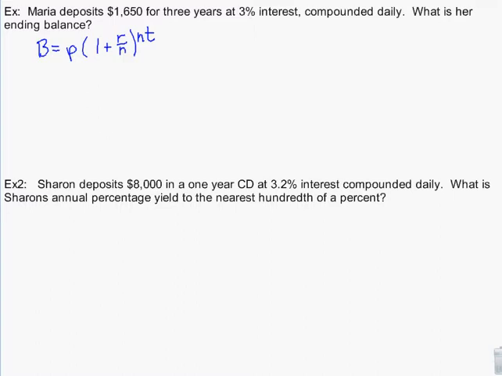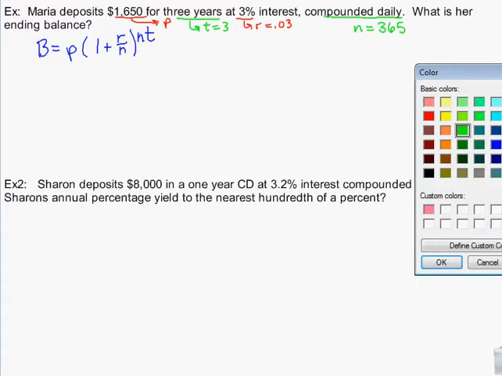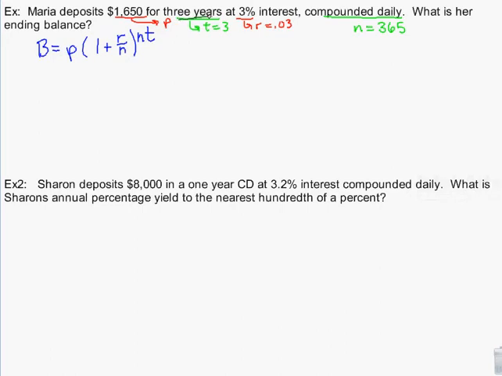Okay, we have $1650 is what she's depositing, so that's our principal. Our interest rate is 0.03. Our time is 3 years, and we're compounding daily, so our N is 365. Oh, that's kind of hard to see, isn't it? Let me change that to a different green. So we're going to plug those in,